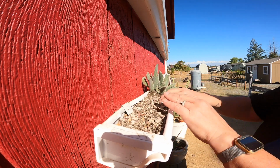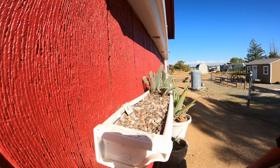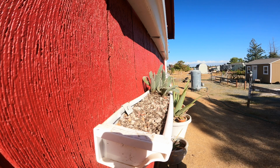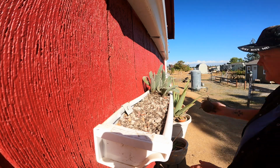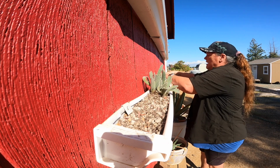And this is a panda plant. They come in a couple different varieties. It's a Kalanchoe tomentosa. I got 2 of the green silvery ones, and I got 2 of the chocolate soldier. So I'm gonna kind of stick these in, and I apologize if it's gonna be hard to hear me, but